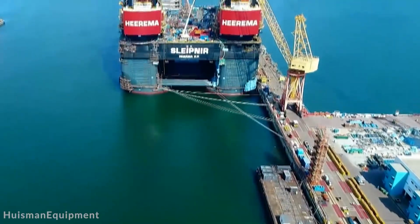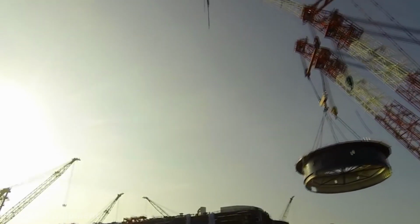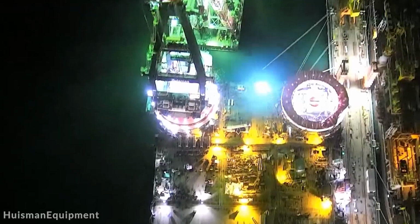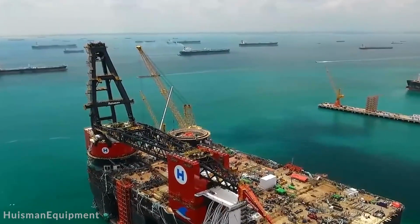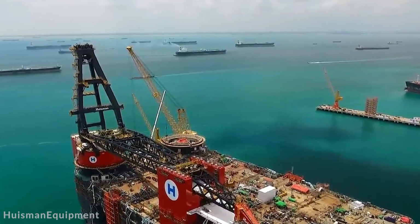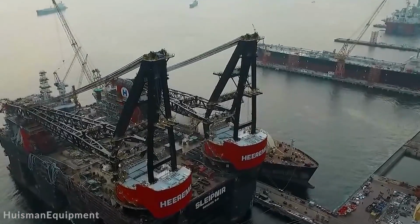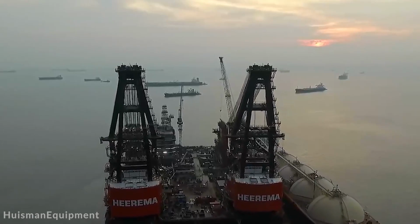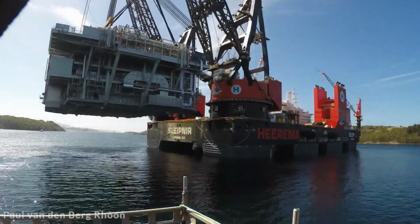Number 3. SSCV Sleipnir. When a piece of heavy lift equipment is named after Odin's eight-legged horse in Norse mythology, you know it's going to be epic. The SSCV Sleipnir is a massive semi-submersible crane vessel operating under Heerema Marine Contractors and is the sister vessel of the Thialf. The vessel has 2 revolving cranes, each with a respective carrying capacity of a ridiculous 10,000 tons. So naturally, when they're working in tandem, the 2 cranes can lift a 20,000-ton object up and onto the vessel